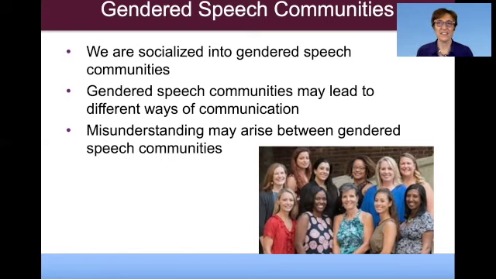So this leads to a lot of tension, especially if a man and woman are in a relationship and the woman's talking about some issues at work and the man keeps telling her what to do, and she doesn't want that. She just wants to be understood. And he's thinking, well, I just gave you a whole bunch of solutions. Why don't you just do them? So that's an example of a kind of misunderstanding that can arise from being socialized differently and having different goals in communication and different ideas about what's supposed to happen.